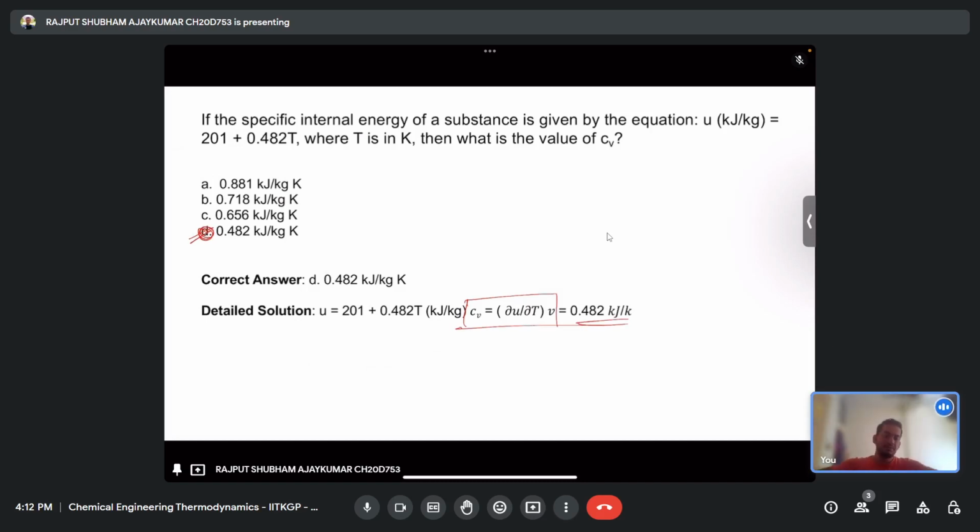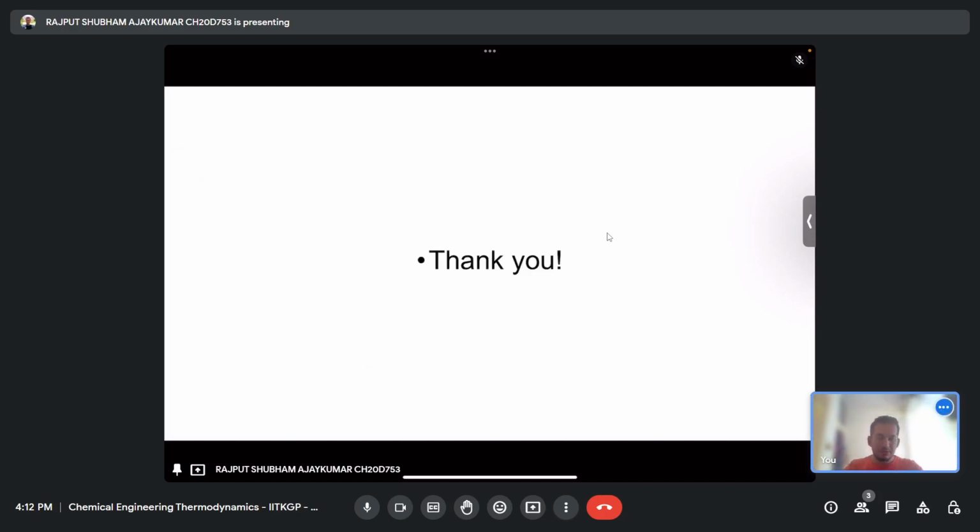Okay, so this is what I have for today: solving some of the numericals, and we have seen some of the concepts related to the change in enthalpy, change in entropy, and how you can calculate the efficiency, as well as the work done during the reversible process, work lost during the process, or work done on the system, and some of the MCQs related to the concepts that I discussed at the start of this session. Okay, so what we'll do in the upcoming lectures is a live interactive session